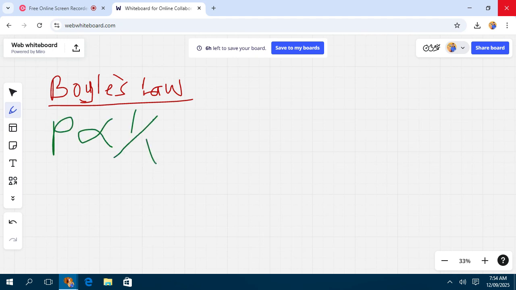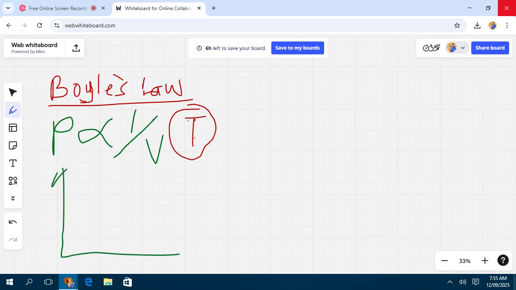is proportional to 1 over V. Now at this point, since we are saying pressure is inversely proportional to volume at a constant temperature, note that temperature here is constant, we can have a graphical illustration of Boyle's law, that is a graph of P against V,